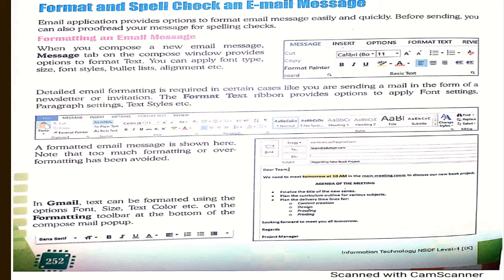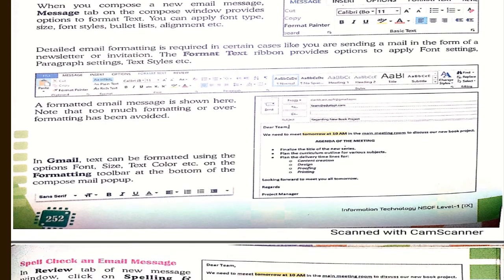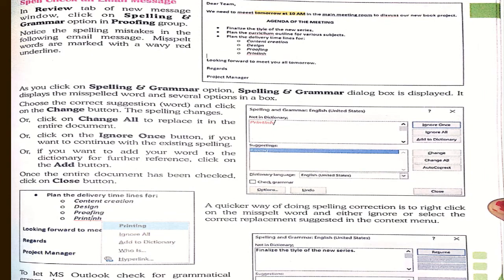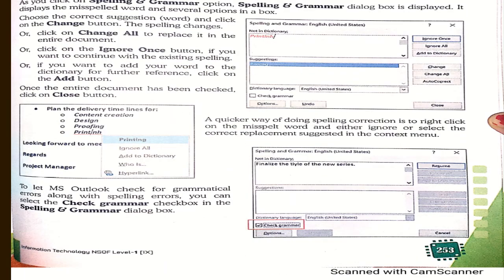After that, you can also spell check to see whether any spelling error is there or not. For spell check, you will find it in the Review tab, under Spelling and Grammar, in the Proofing group. You need to select which word has been found. If it is correct, then you can ignore it, and if it is not, then a suggestion will be available. Just click on Change and then close it, so it will be changed. Using this, you can spell check your content to see whether the spelling is correct or not.